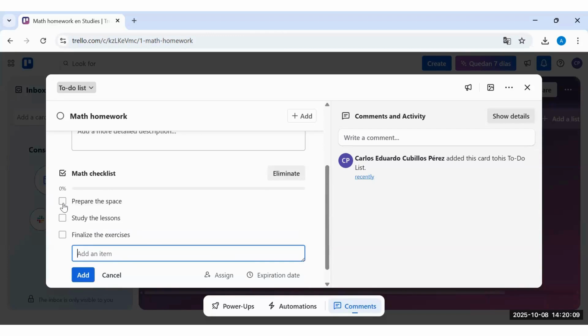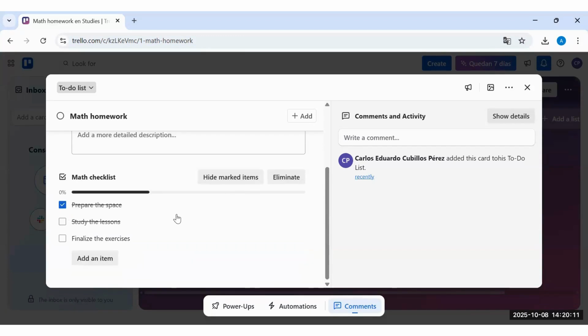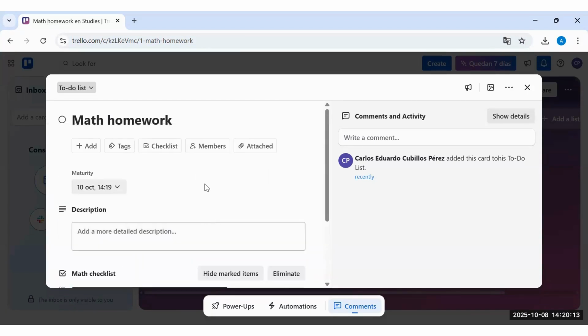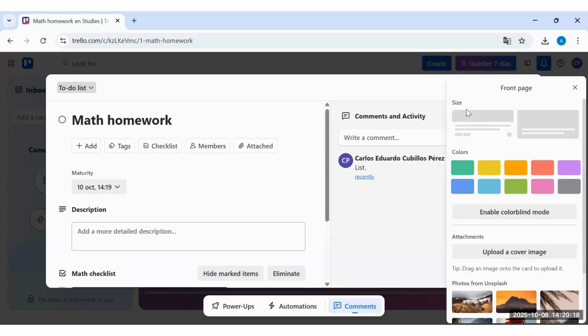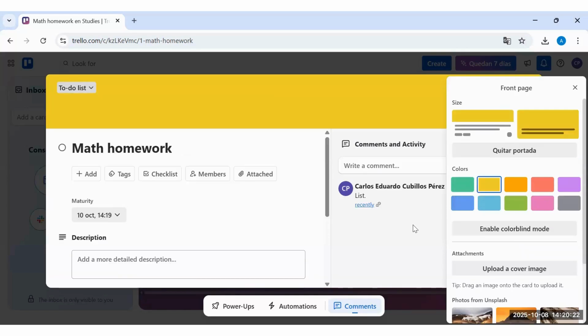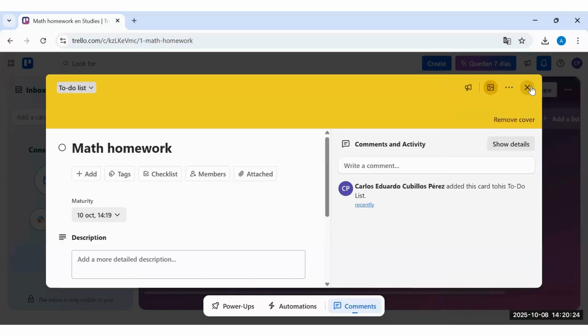Okay, and I have already prepared the space and studied the lessons, okay? And I want to change the color of the math homework to yellow, okay?